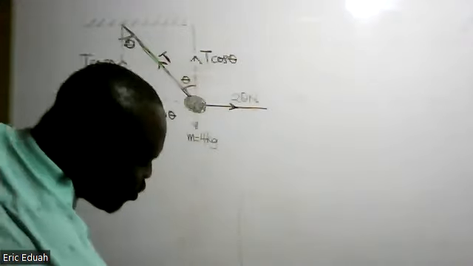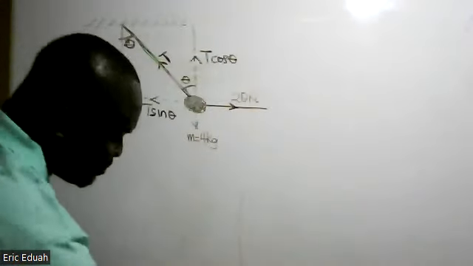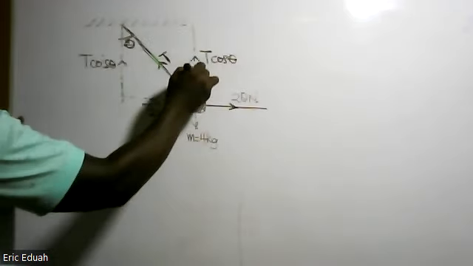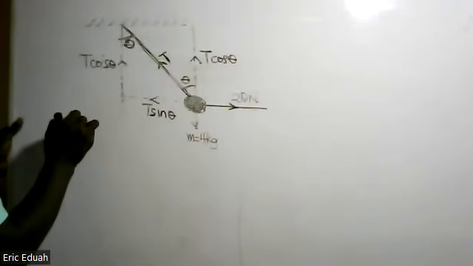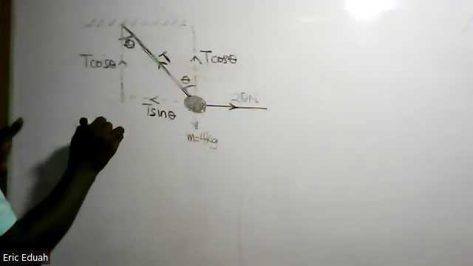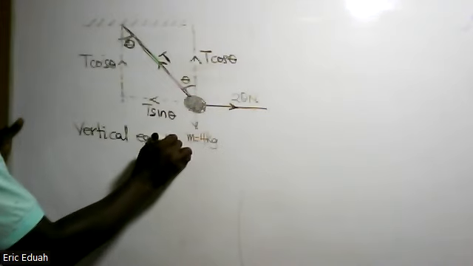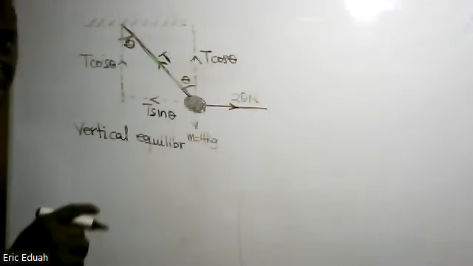Now, once the body is in equilibrium, when we look at vertical equilibrium, it means once the body is in equilibrium, if we look at a vertical